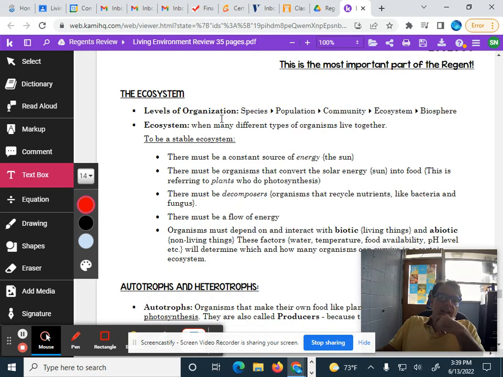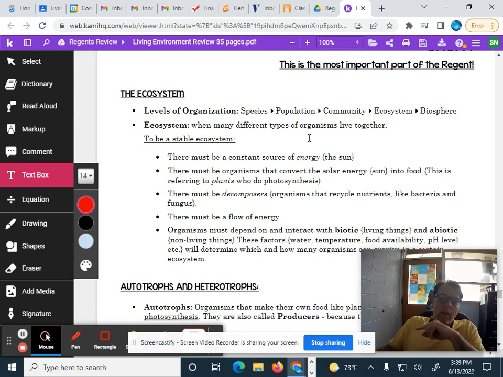Ecology, levels of organization. Species is the individual. Population is a group of the same species. Community are different species living together. Ecosystems include the biotic and abiotic factors, that's the living and non-living factors such as air and water, and the biosphere is the earth. An ecosystem is when you have organisms living together, and they are, again, affected by the